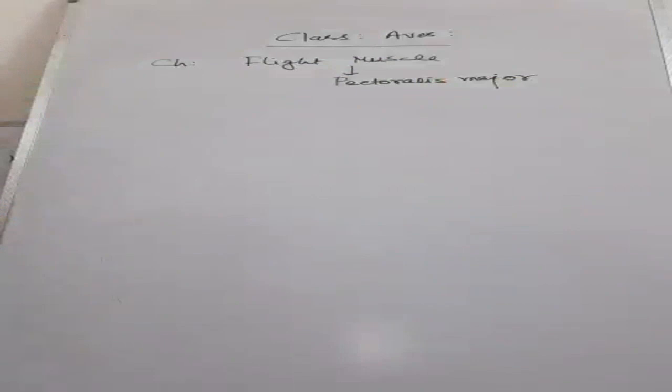Pectoralis major. It is one of the strongest flight muscles that we have at our disposal. We have also pectoralis major and pectoralis minor. It is basically enclosing the ribs. So those muscles are, if it is in the front of the ribs, it is known as pectoralis major. If it is at the back of the ribs, it is known as the pectoralis minor. So the flight muscle that they have is known as the pectoralis major.